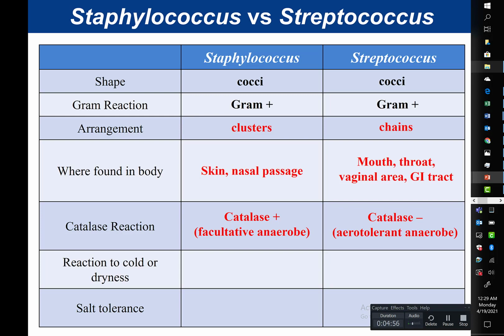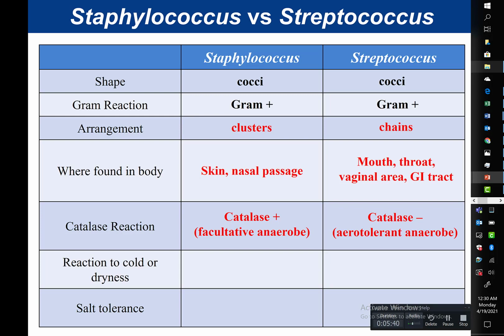So one of the things that we will talk about is that if we need a rapid way to differentiate between staph and strep, one of the easiest and the fastest ways to differentiate if we're looking at a Staphylococcus or a Streptococcus would be to do a simple catalase test. And remember that that's a rapid test. All we do is we take our slide, we put our bacteria on there, we add hydrogen peroxide. If it bubbles, it's catalase positive. It's Staphylococcus. If it doesn't bubble, it's catalase negative, and it's Streptococcus. And you're going to see why that's important in a little bit when we talk later on about throat cultures.